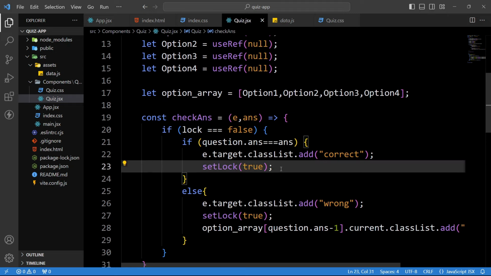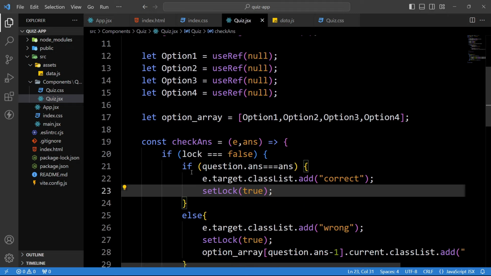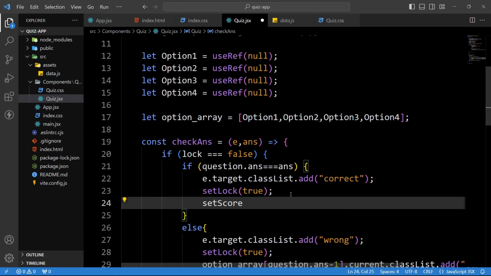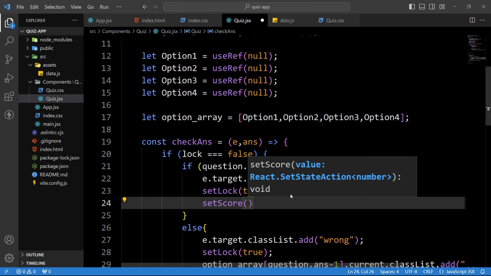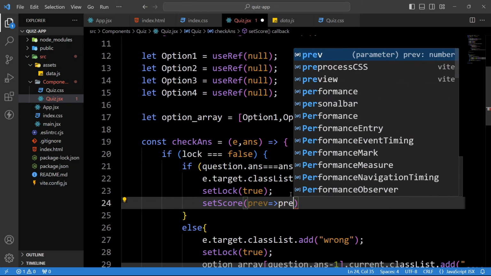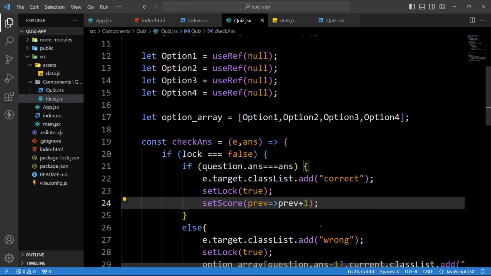So whenever the answer is correct, we will increase the score by 1. So in this check answer, within this if condition, we will add setScore, and here we will pass previous score, and here we will return previous score plus 1. Now save it,